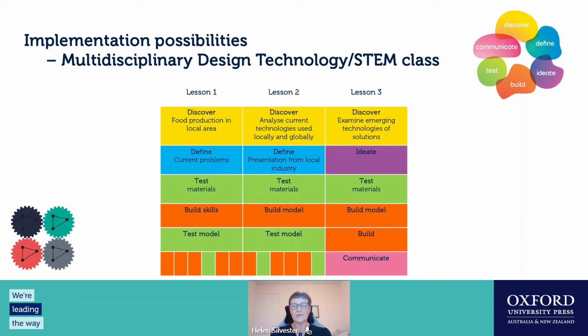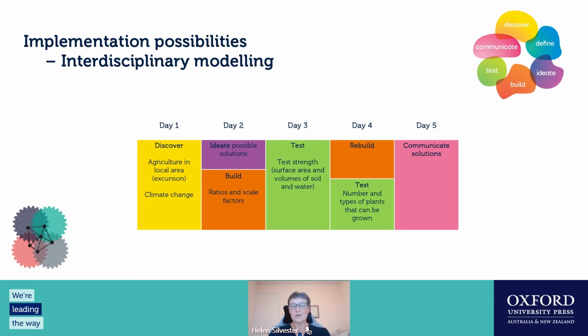So the next one that I've got is an interdisciplinary model. This is where the teachers are starting to work together, but you might decide you want a STEM program for 1 week in a semester. And in that week, you want to look at the different curriculum areas that you covered during that first part of the semester. So you cover your curriculum as per normal, and then on that 1 week, you have all the students all working at once just on the STEM, tying everything together. So there's that overlap of skills of all of them with all teachers working together.